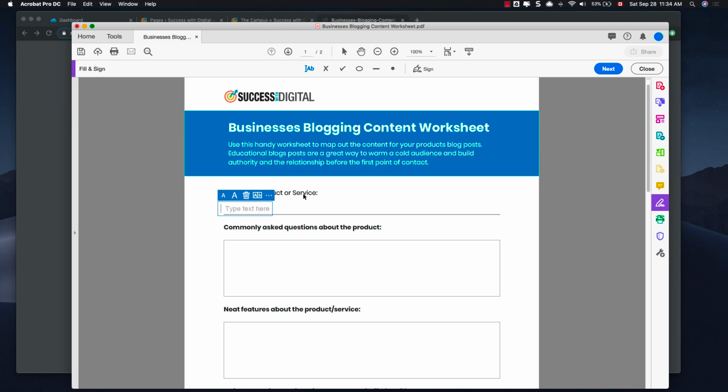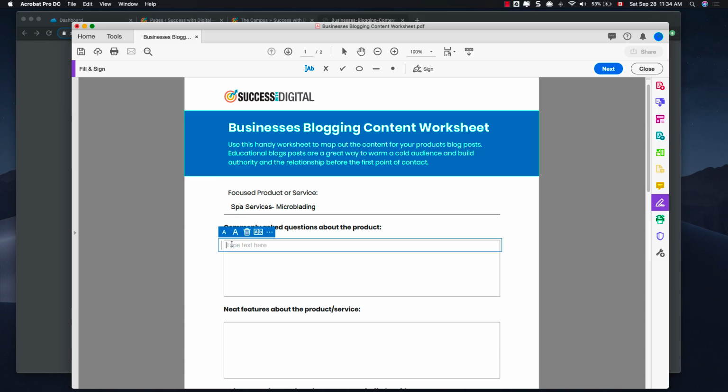And so what I'll do is I'll look at a focused product or service, or if you want to do high level, you can just do your business. So in this, I'm going to fill this out as an example so you can see how I work through it. I'm going to just say that I'm focusing on spa services. All right, so commonly asked questions about the product. So let's define this a little bit more and just call this microblading. It's a spa that offers microblading services.